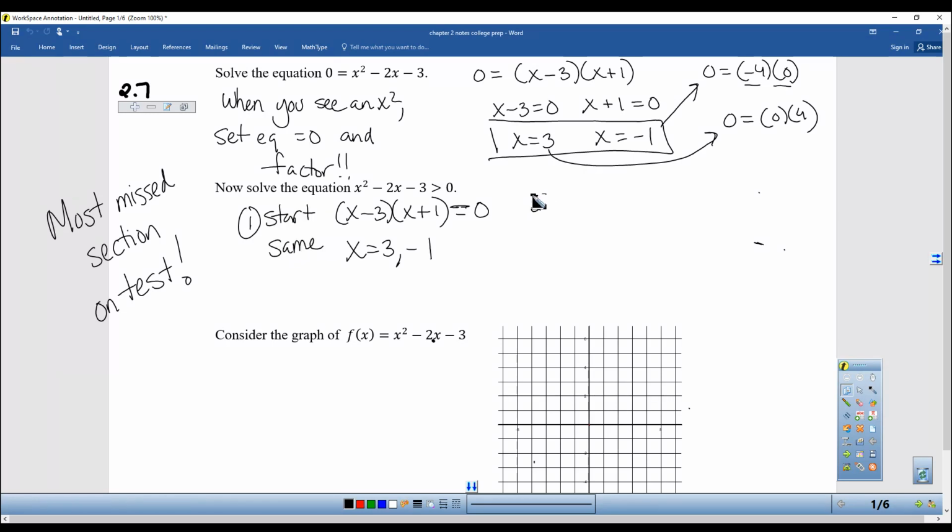But here's the new step. Those two numbers tell you when something is equal to 0. Well, something can only be one of three things. It's either greater than 0, less than 0, or equal to 0. So we're going to just make a number line. Step 2, make a number line. Put on there the 2 points that you want. Add the points. Your book is going to call these critical numbers. So add your critical numbers